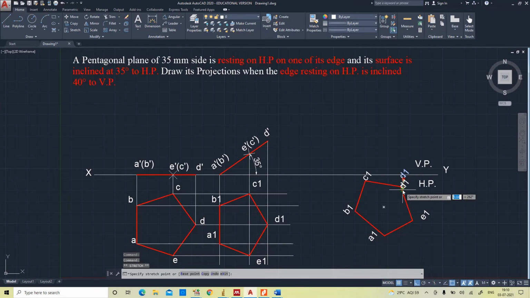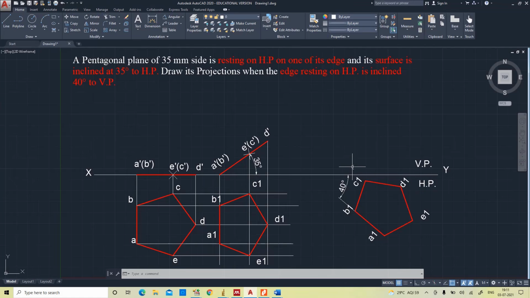This one should not cross. Yeah, okay. Now you measure the angle. It will be 40. See, 40 degrees, which is making an angle to vertical plane. So this will be the final one, final top view.